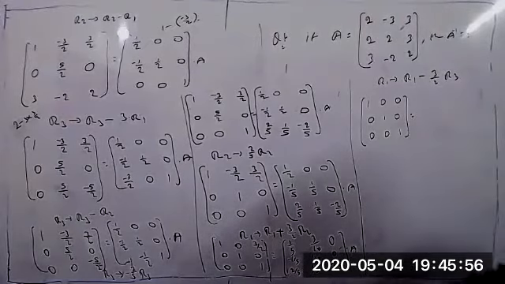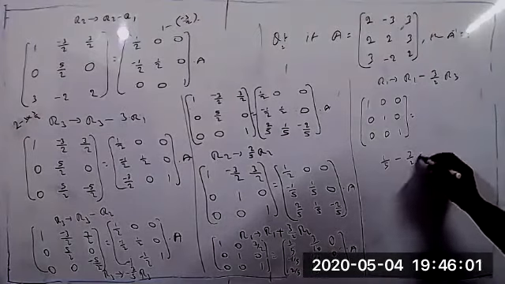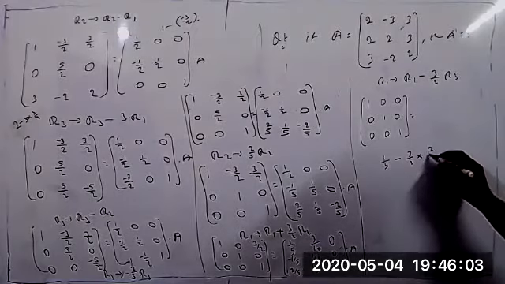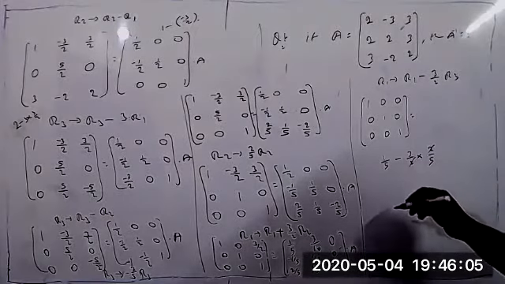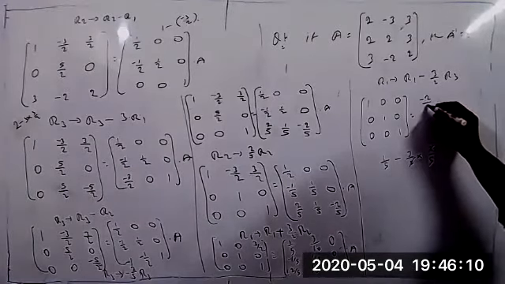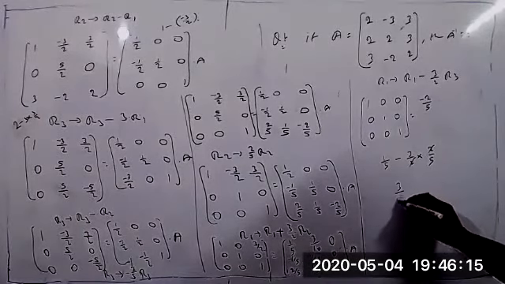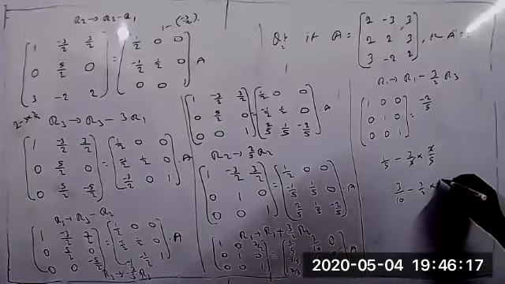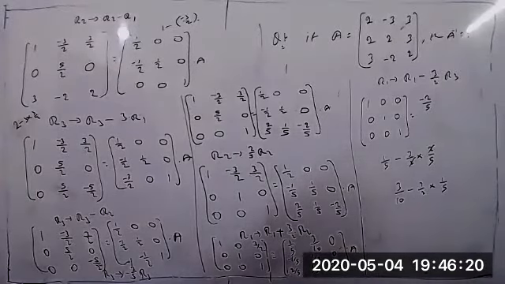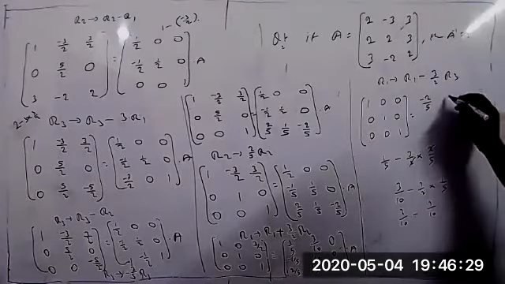Now again R1 you can change now. So 1 by 5 minus 3 by 2 into R3 equal to 2 by 5. The 2 will be cancelled. So 1 by 5 minus 3 by 5 equal to minus 2 by 5. Minus 2 by 5, this is the first element. Next, 3 by 10 minus 3 by 2 into 1 by 5. So this is 3 by 10 minus 3 by 10 again, so it becomes 0.